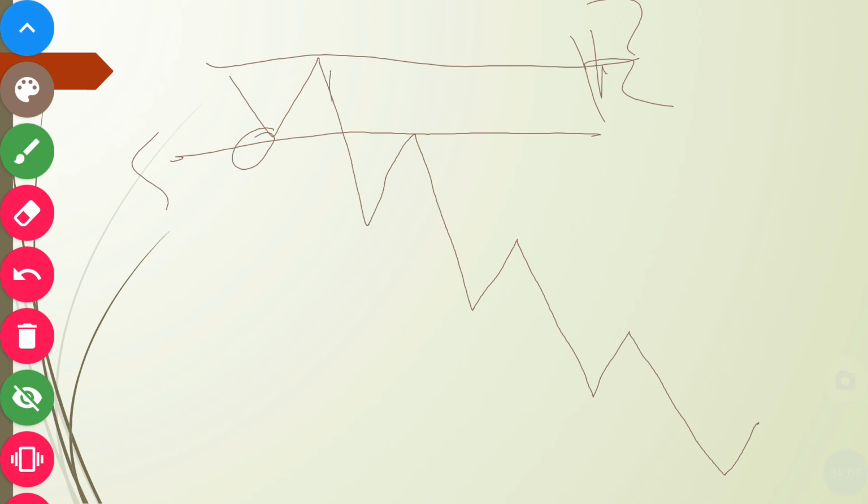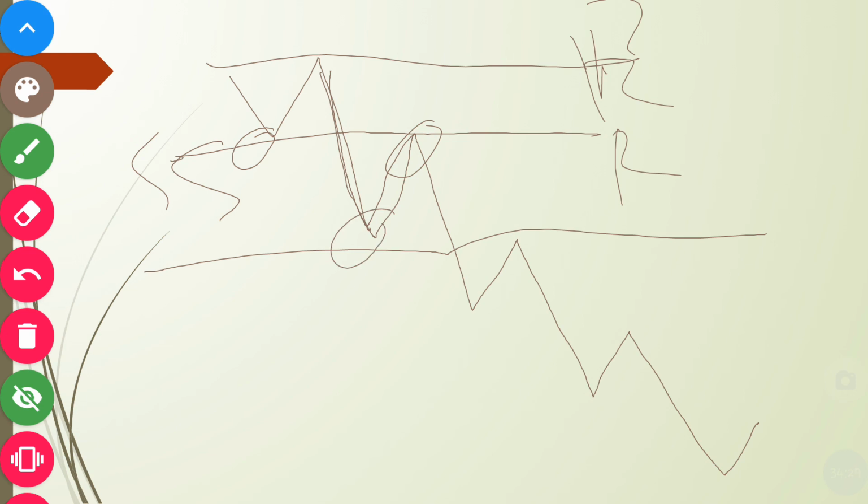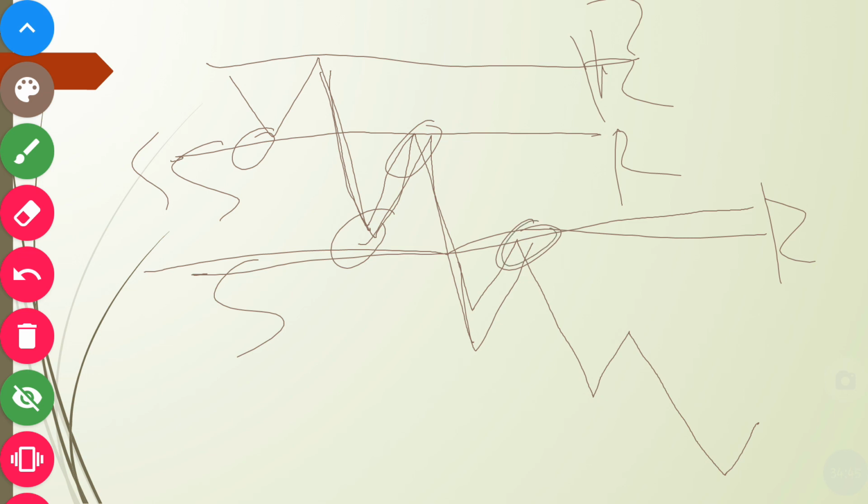The moment price breaks this down, retrace up, this former support becomes a new resistance, and we have a new support in this place, right? This is a new support. When price trends and breaks this support again, this support automatically becomes a resistance, and price goes back and touches it as a resistance. When price touches it as a resistance, price will bounce off of it and heads towards